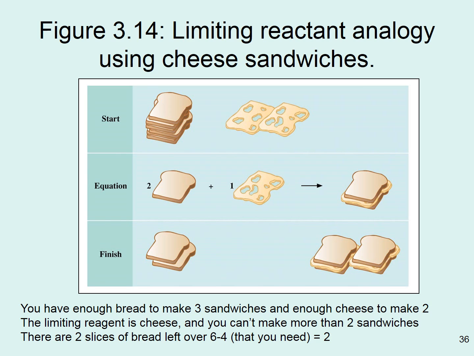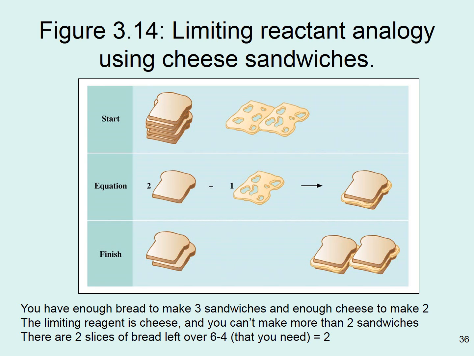And here's just another example. So we're going to make cheese sandwiches, and we need 2 pieces of bread and 1 piece of cheese for every sandwich. So in this case, you've got 6 pieces of bread, 2 pieces of cheese. So what's our limiting reagent? Well, it's pretty obvious. The equation is, again, two pieces of bread for every 1 piece of cheese makes 1 sandwich. We've got 6 pieces of bread, so from the bread we can make 3 sandwiches. We've got 2 pieces of cheese, so we can make 2 sandwiches. So obviously we can make 2 sandwiches and then have 2 pieces of bread left over. Similar to the bikes and the wheels,